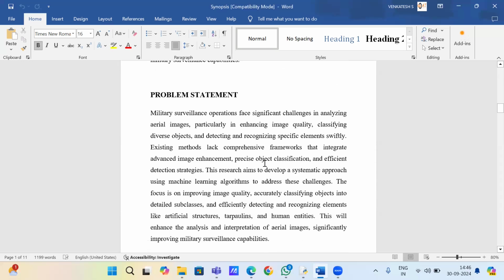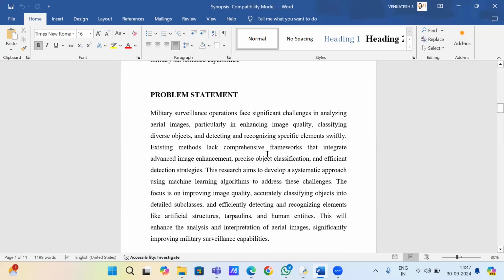Here, military surveillance operations encounter substantial difficulties in analyzing aerial images, particularly in improving image quality, classifying various objects, and swiftly detecting and recognizing specific elements. Current methods often lack a unified framework that combines advanced image enhancement, precise object classification, and effective detection strategies.